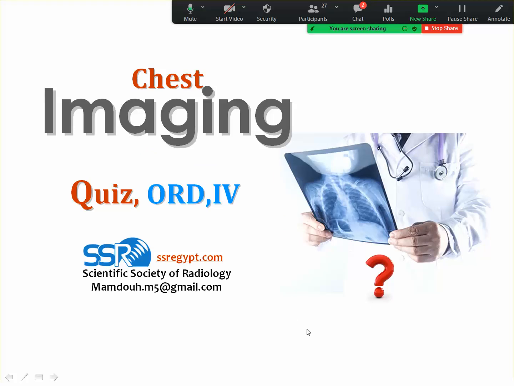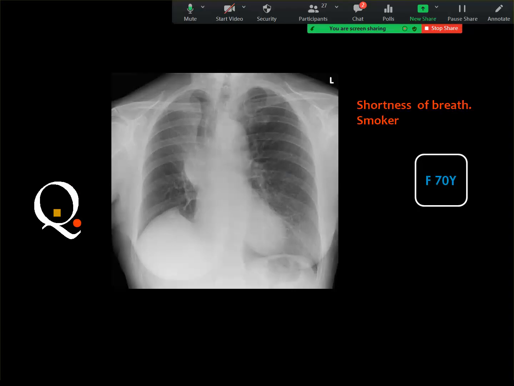The cases that we are going to present are the combination of CT and X-ray. Some of the cases will have the clinical findings, and we are going to emphasize the importance of the differential diagnosis so that you are able to provide this differential diagnosis whenever you are confronted by a case that needs